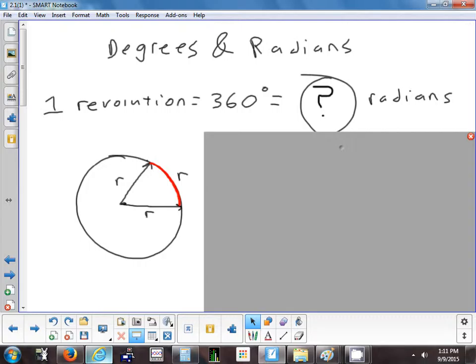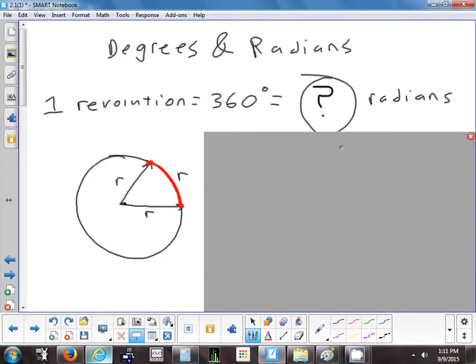Right? So I've labeled the length of this ray R, the length of the other ray R, and then I've drawn in one more thing. Okay. One of the rays hits the circle right there. The other one hits right there. And then I drew in this curved segment called an arc. Okay. I drew in the arc between the 2 points where the rays hit the circumference of the circle. So this arc right here,